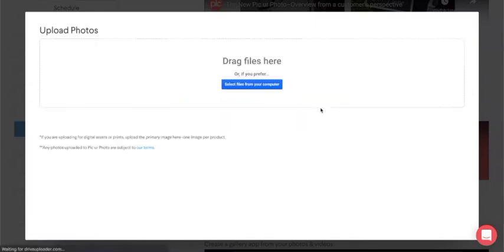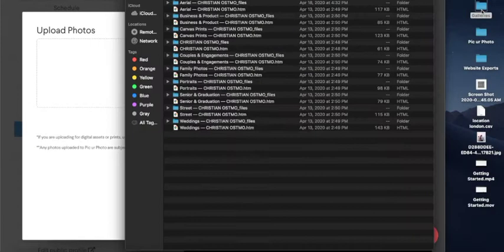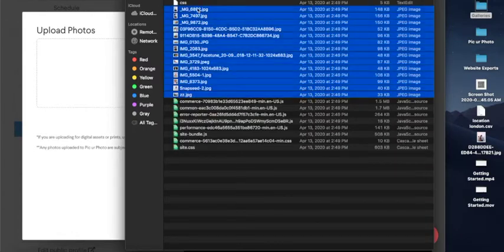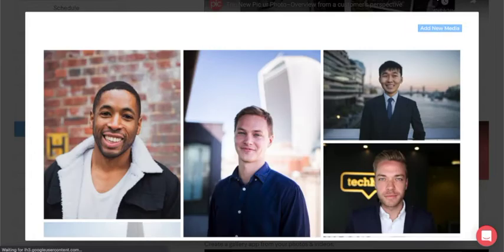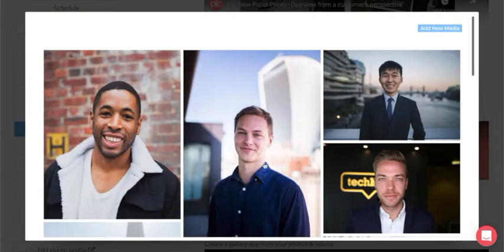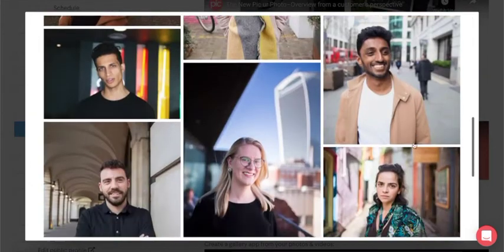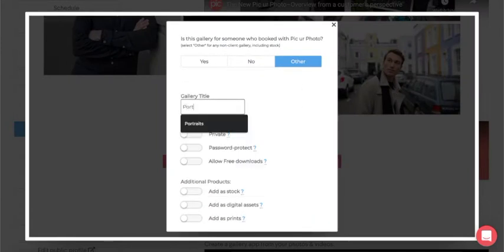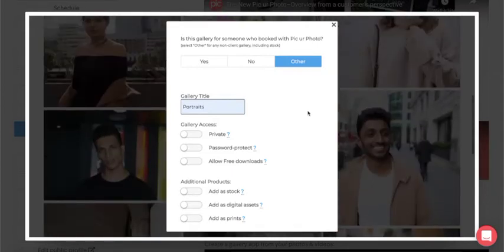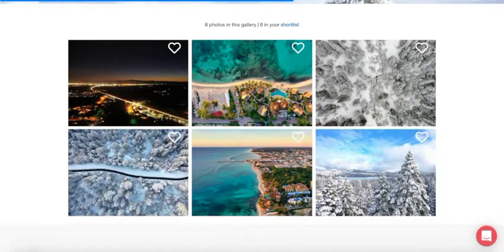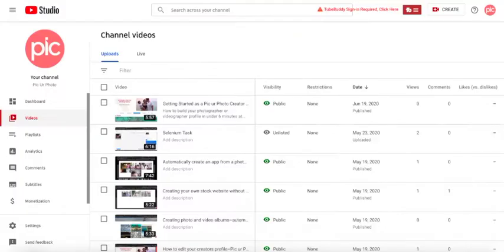We'll go ahead and click to add another one. I'm also quite fond of, let's say, my portraits. I'm going to upload those ones. And as soon as those are finished uploading, I'm going to click the same thing. Either I add new media or I can delete some if I don't like them that much. Done with images. Go to other. And again, by default it ends up as a public gallery. If I don't click anything else, it will end up there. I hit approve. And then, of course, over here on my profile,